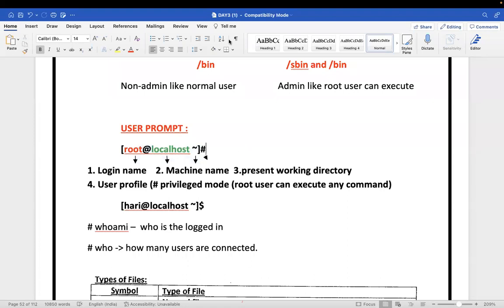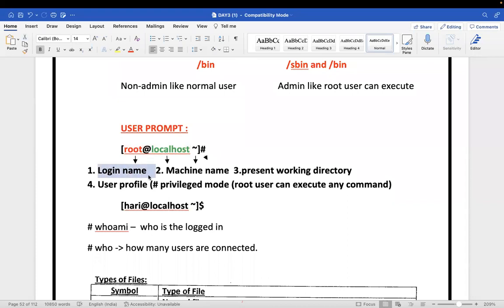Yes. So what is this prompt? This prompt is a user prompt: root, localhost, tilde and hash. First, root is nothing but the login name.